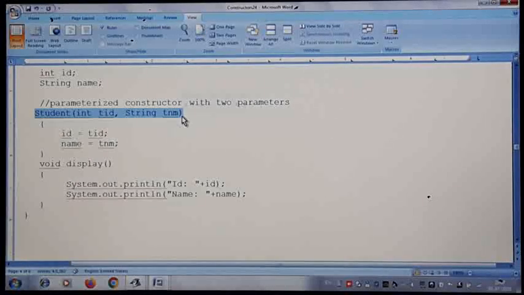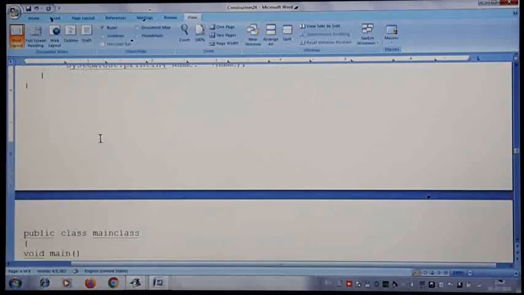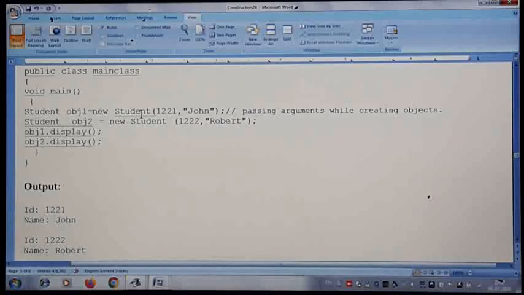All of you know that constructors are called when the object is created, so immediately the constructor will be called. At the same time I should pass the values for the constructor. This line is very, very important. Student obj1 = new Student(, do not close the bracket, immediately pass the values for the constructor. This we do for a parameterized constructor.